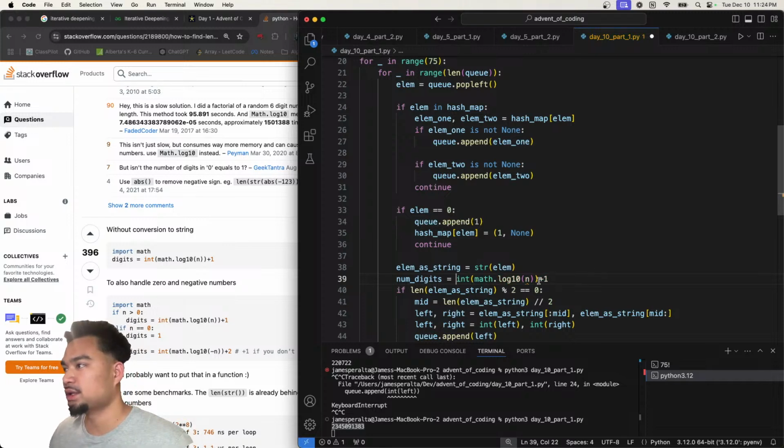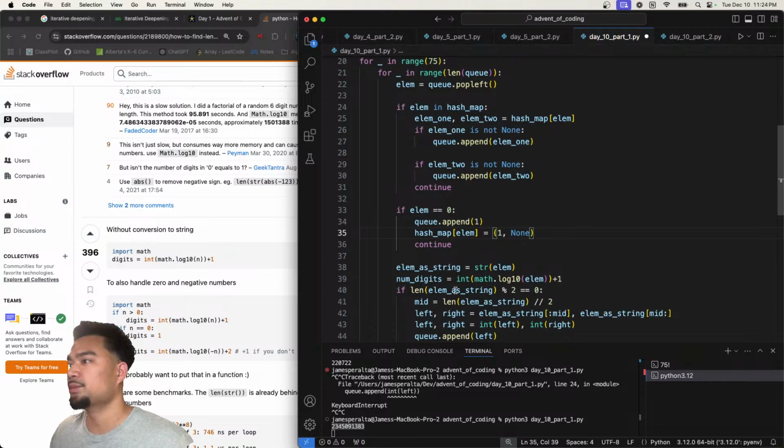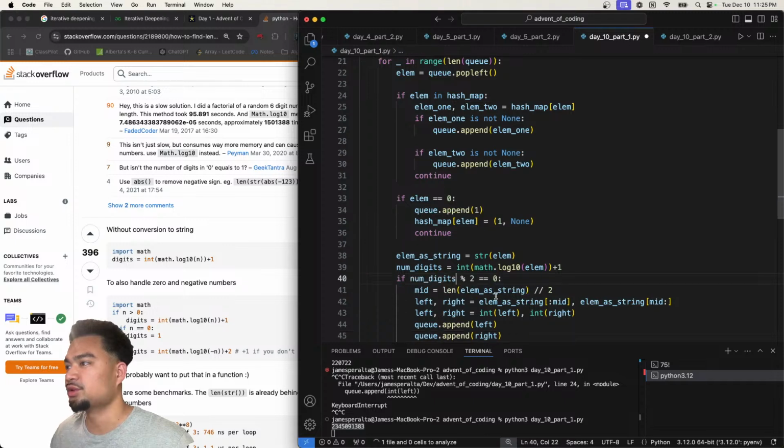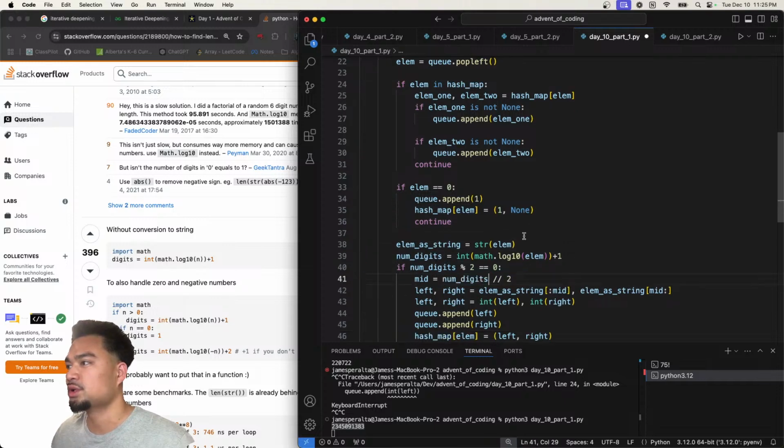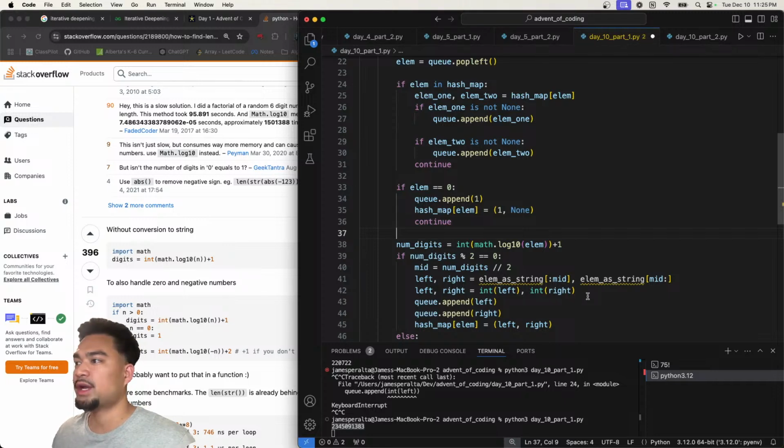And then we'll say, num digits equals that, if the num digits mod 2 is equal to 0. Yeah. Okay. Now how do we get the... So num digits mod 2. And then for the left and right, what we're going to do is like